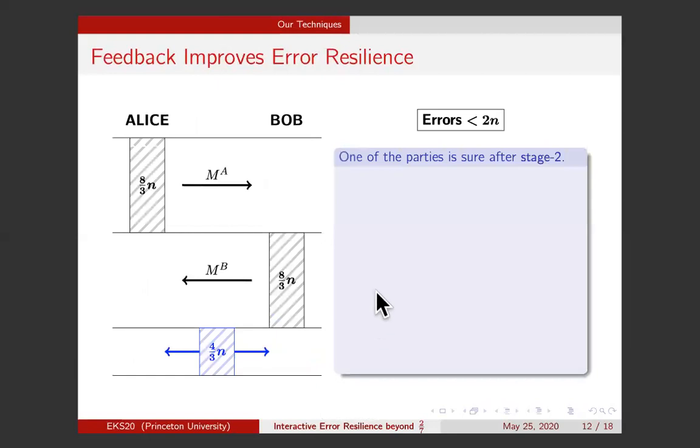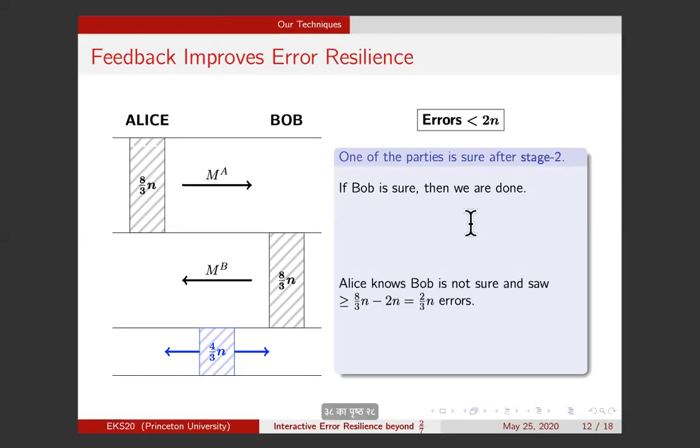So, 2 cases. We will work with the length that is 8n over 3, strictly smaller than 3n. Case 1: if Bob is sure after stage 2, then there's nothing to be done. Bob is sure, so one of the parties is sure after stage 2. On the other hand, in the interesting case, when Bob is not sure after stage 2, then due to the presence of feedback, Alice knows this.